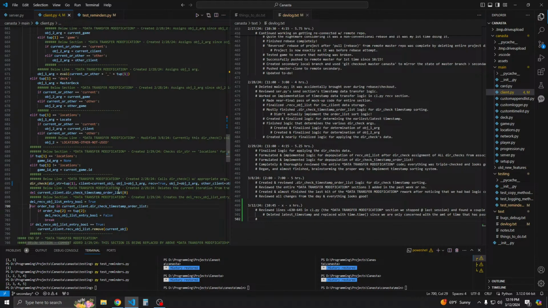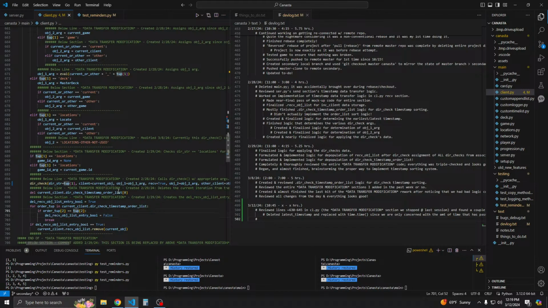So now we're checking to see, is there any other entry that has the same index, meaning it comes from the same object. If it does find one, meaning that order tup at 2 is equal to tup at 2, then